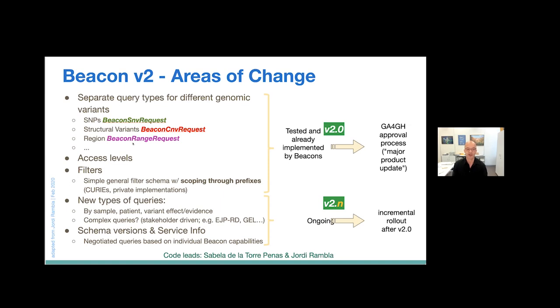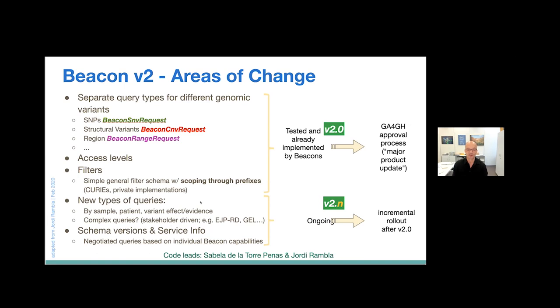There will be access levels to allow you to have greater data access, as shown before with open, registered, or authenticated. A core concept is filters, which I will present more in the next slides. And other types of queries are also being evaluated and maybe made possible, for instance, in a clinic context. How can you directly query for certain patients and so on and retrieve their data?